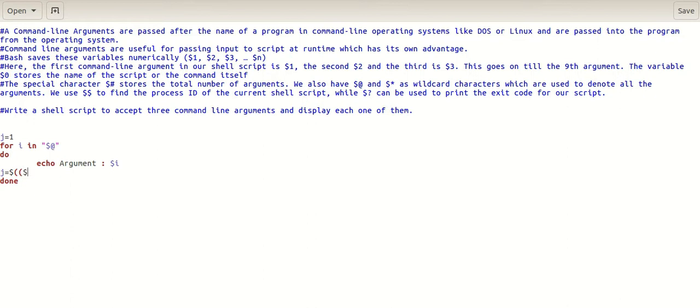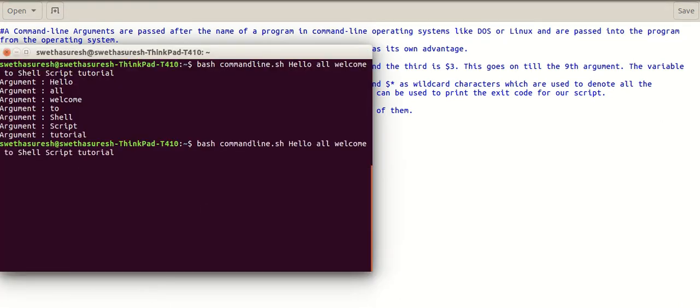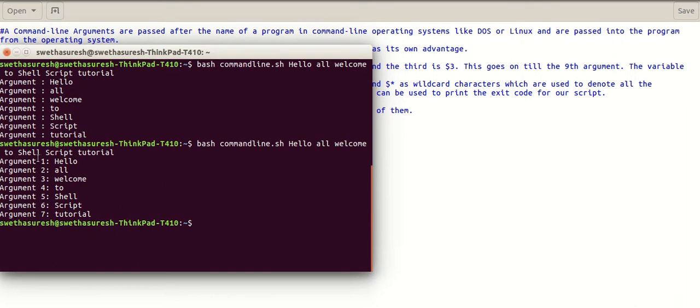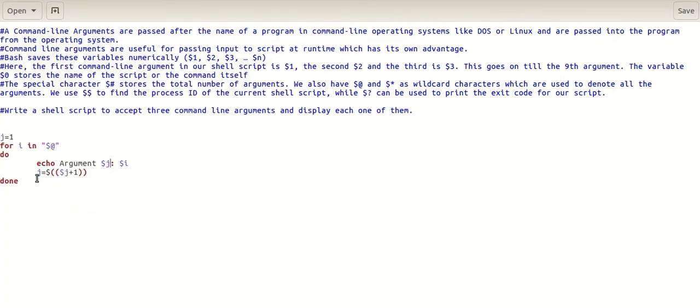Inside the for loop, we shall increment the value of j by 1 for each iteration. We shall put the argument number for every iteration as $j, which is going to get incremented. Now once we execute, we are able to get the number of the argument which we have displayed.